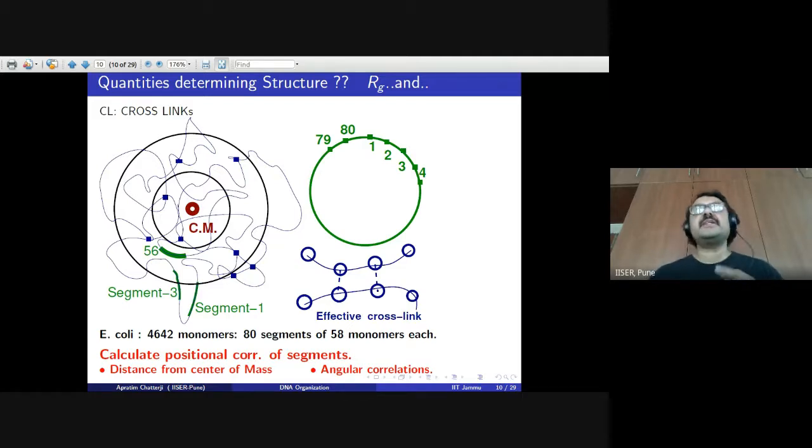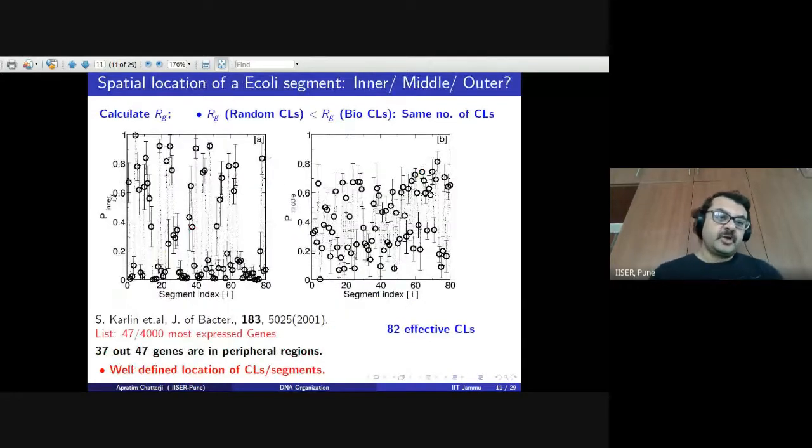So these are the two data I am presenting, but of course in our paper we had to present much more data to establish our claim of our thesis. Here I'm presenting only two. So here is data for the probability that certain segments, the x-axis is a segment index going from 0 to 80, because we have divided up the entire ring polymer into 80 segments, and this is data for E. coli. And the question we are asking is whether certain segments, say around 30, are found in the inner region or in the middle region or the peripheral region.